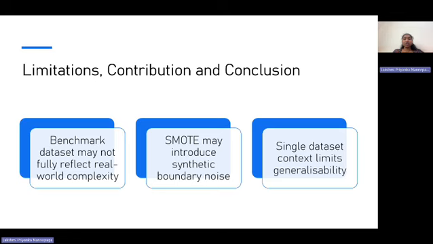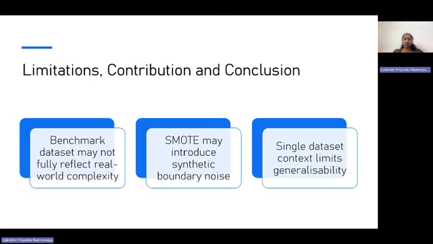Limitations, contributions, and conclusion. In conclusion, this study contributes an integrated framework for churn prediction that combines robust pre-processing, imbalance handling, comparative machine learning evaluation, and explainability. While the IBM dataset supports reproducibility and comparison, it may not capture the full complexity of operational business data.